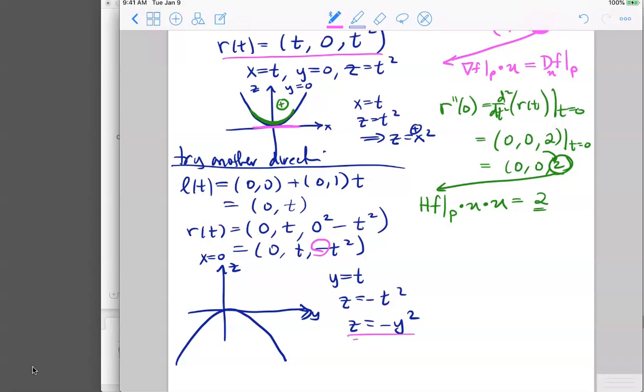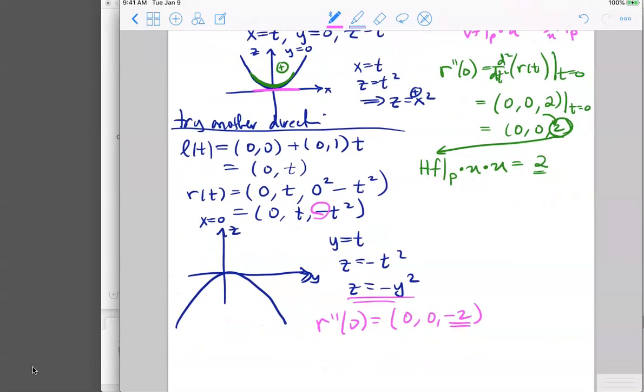Okay, so we've figured out what that curve is, but we could have also figured out that it was opening downward by computing the second derivative at 0, which would have been 0, 0, negative 2. So this negative 2, the second derivative in the z entry of the second derivative of our curve on surface,